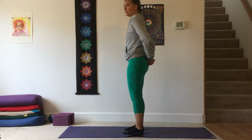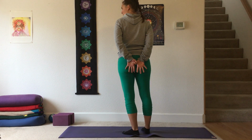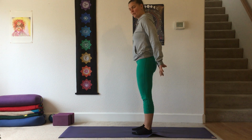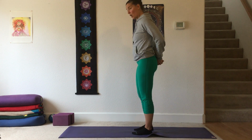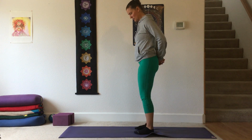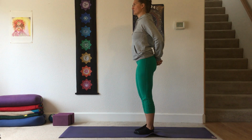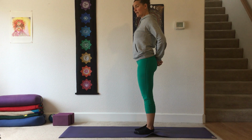The next one is going to be interlacing the hands behind your back. So if that's not available, you can always grasp thumbs, right? Or you can grab a strap, a belt, a scarf, and you can have a little bit wider of a girth between the hands, right? So for the interlacers and the thumb claspers, we all stand in Tadasana, but for my interlacers and my thumb graspers, again, right, I push into my sacrum pushes back into my hands,